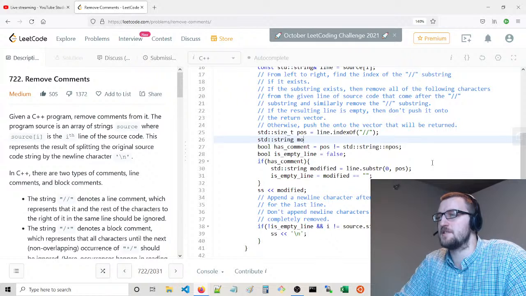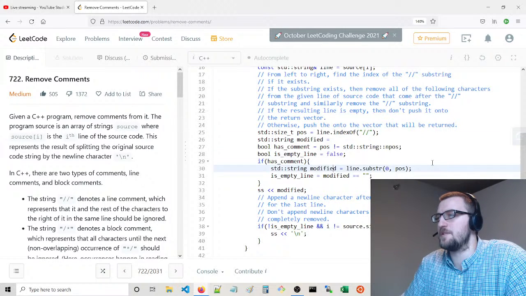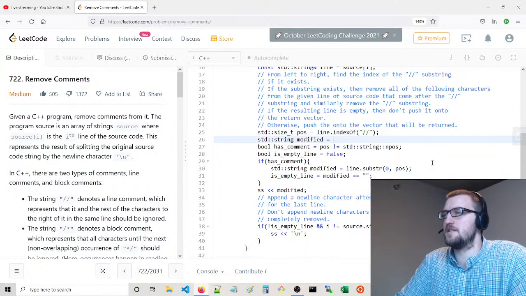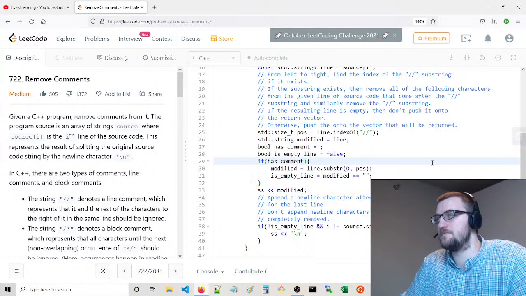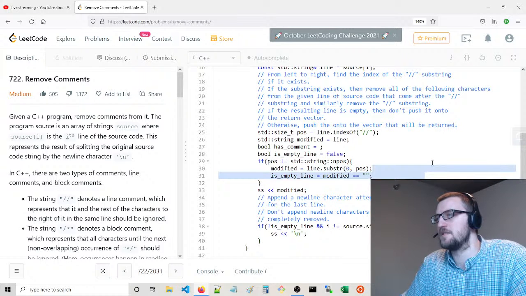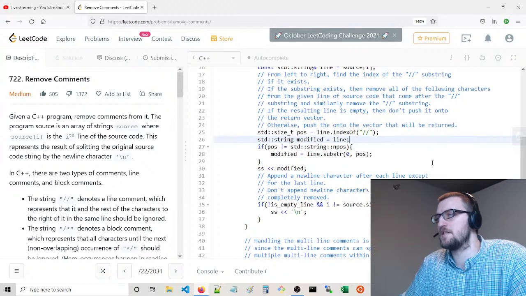The logic is a lot simpler if we just set modified to the line, and then we're going to string stream push modified no matter what, and then if there is a comment here, then we'll update the string, and then we can just check down here whether or not we have an empty line.